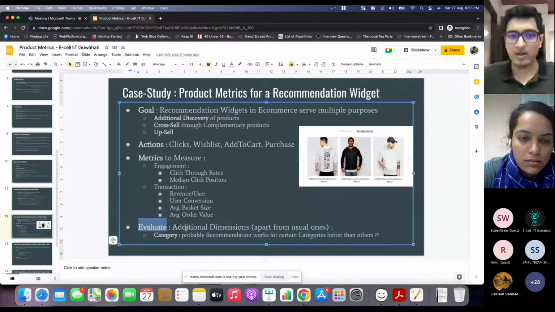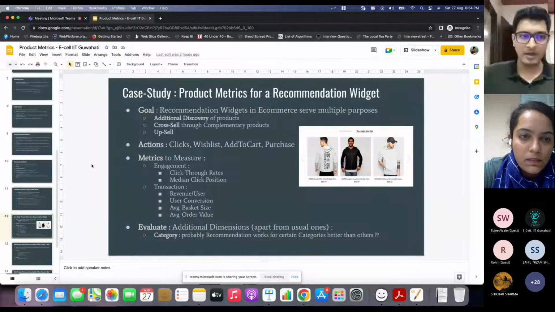What are the dimensions that you might want to track this at? Let's say you may want to track this separately for Android users, or product category specific, whether people are more likely to upsell to products when they are seeing a t-shirt or a jeans, right? Those are the kind of dimensions that you may identify. So this is the GAME framework when applied to this. Similarly,